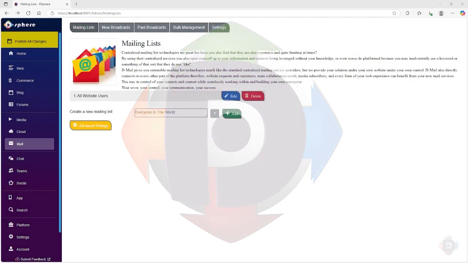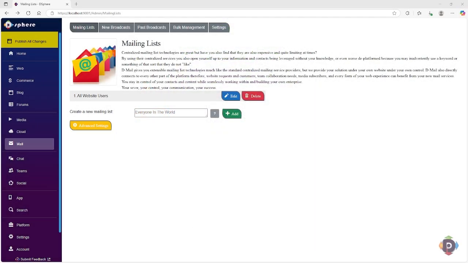DSphere. You've heard about it, now you want to see it. The world's first technology that allows you to communicate with anyone you'd like through mailing lists that do not allow you to be deplatformed. You see, we had requests for individuals that, I kid you not, had thousands of people in their mailing list technology.